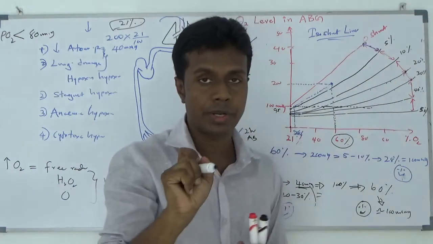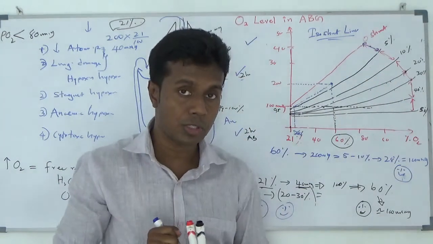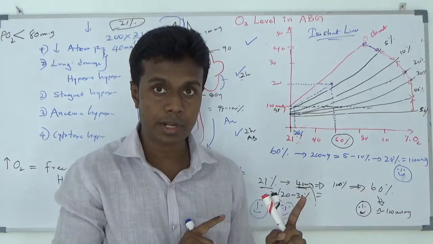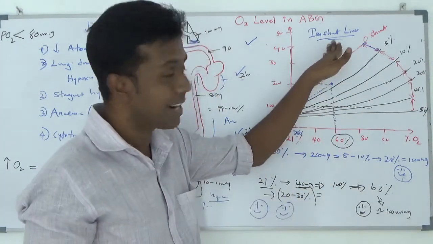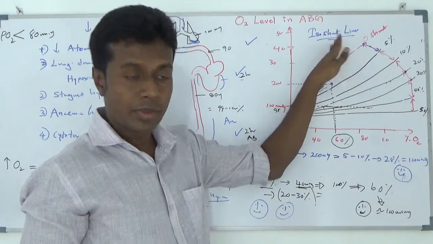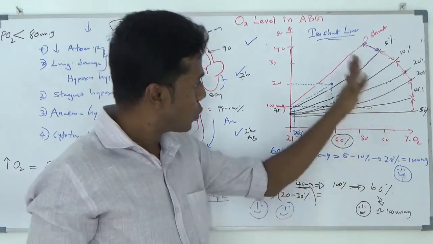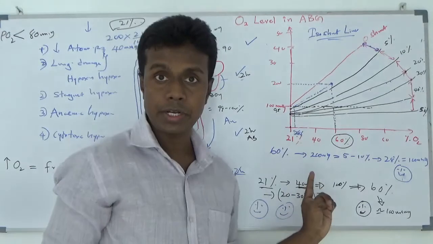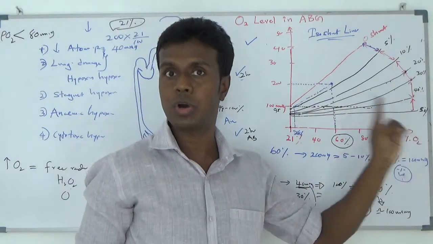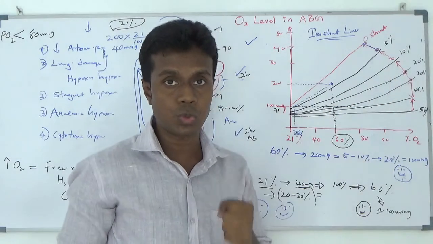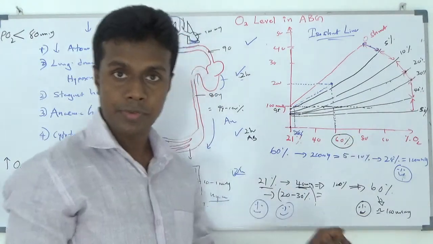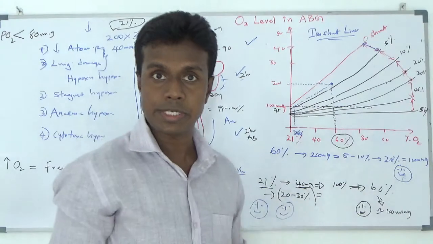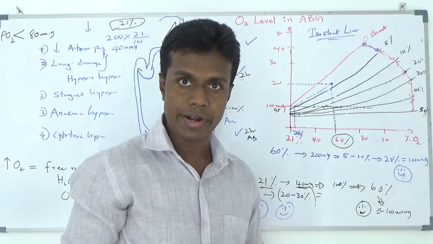I am pretty sure in your theatre, in your hospital, in your ICU, in your ward setup, in your phone, in Google, this iso-shunt line will be available freely. If you do an ABG, you go through this iso-shunt line, identify how much oxygen you need to provide to your patient, or how much oxygen you should reduce in order to reduce the unnecessary lipid peroxidation by oxygen free radicals.